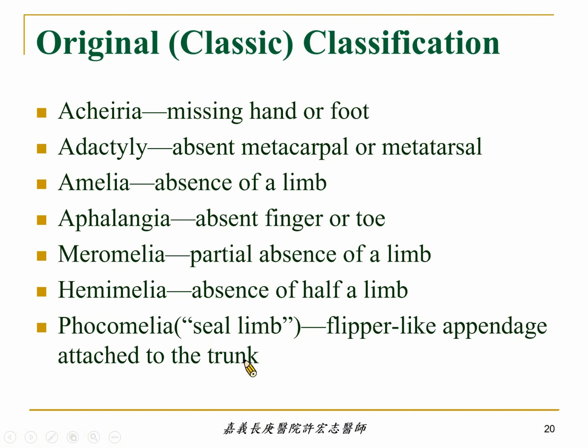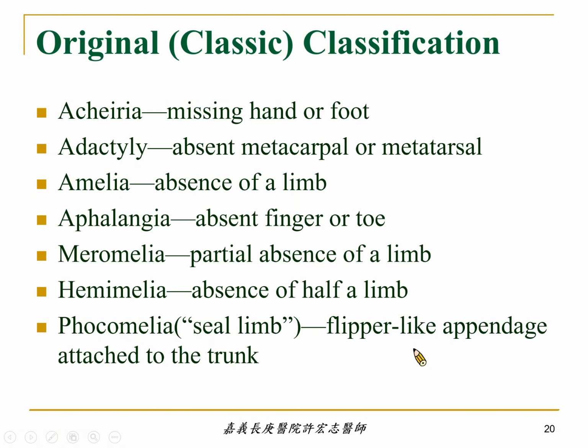Thalidomide, right? We have told you before, thalidomide is the medication used during pregnancy for mothers with nausea and vomiting, as an anti-vomiting agent. But later it was found to have caused limb deficiency in newborns. We call that phocomelia, the seal limb, like a flipper-like appendage attached to the trunk. But sometimes the phocomelia,